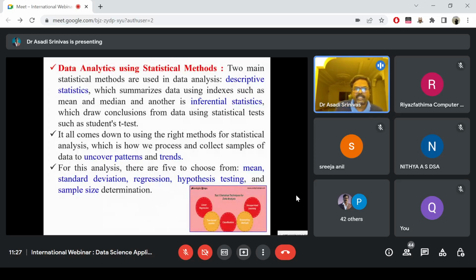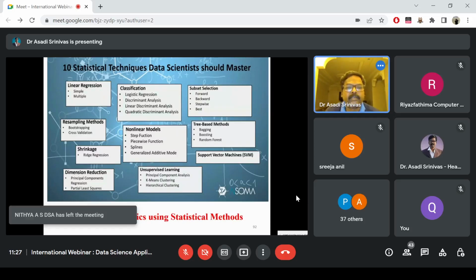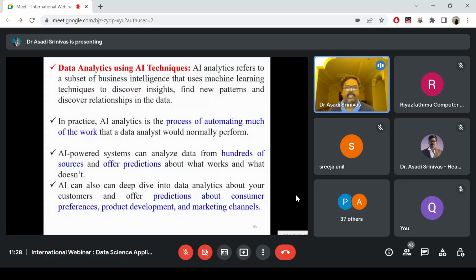We are using decision tree, etc. Then these are the top 10 statistical techniques like linear regression, resampling methods, shrinkage, dimension reduction, classification, nonlinear models, unsupervised learning, subset selection, tree-based methods, support vector machine, etc. Then data analytics using AI techniques with the help of